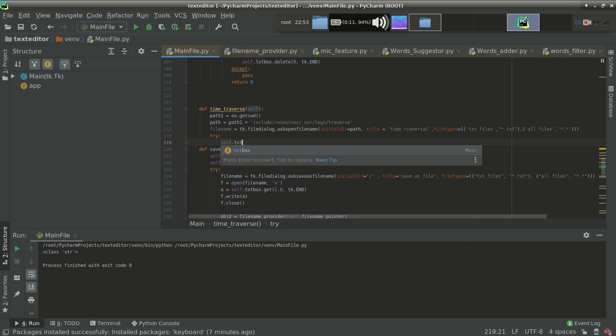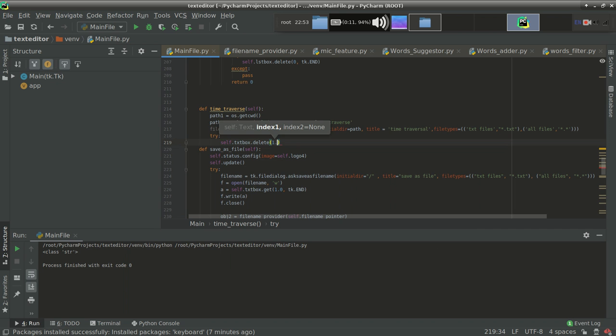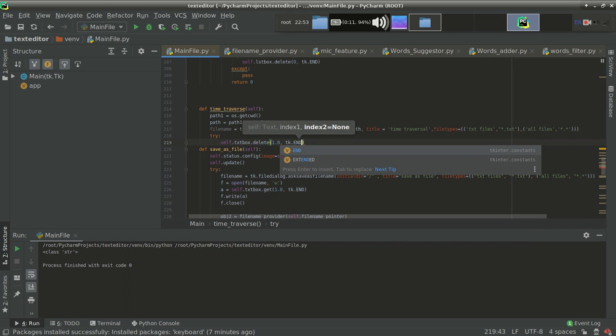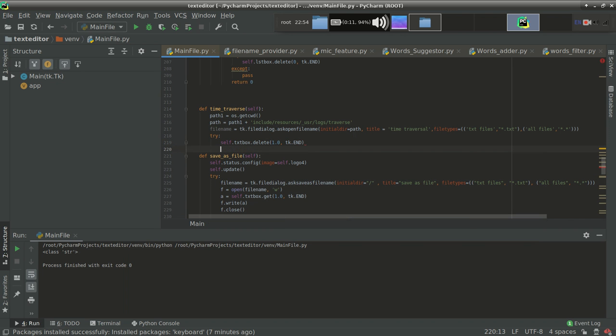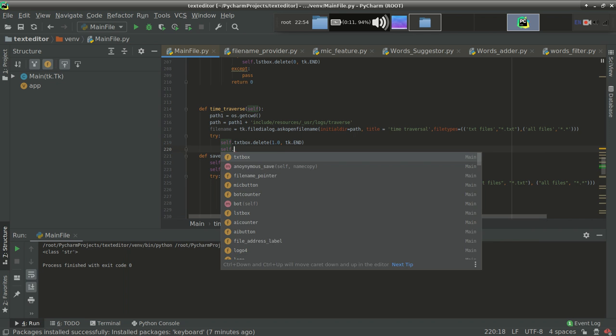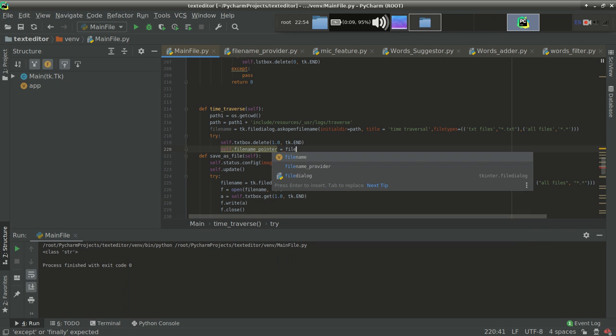So let's do it. self.txtbox.delete each and everything from beginning to the end, tk.END. So that's fine, we have cleared each and everything. self.filenamepointer equal to filename.